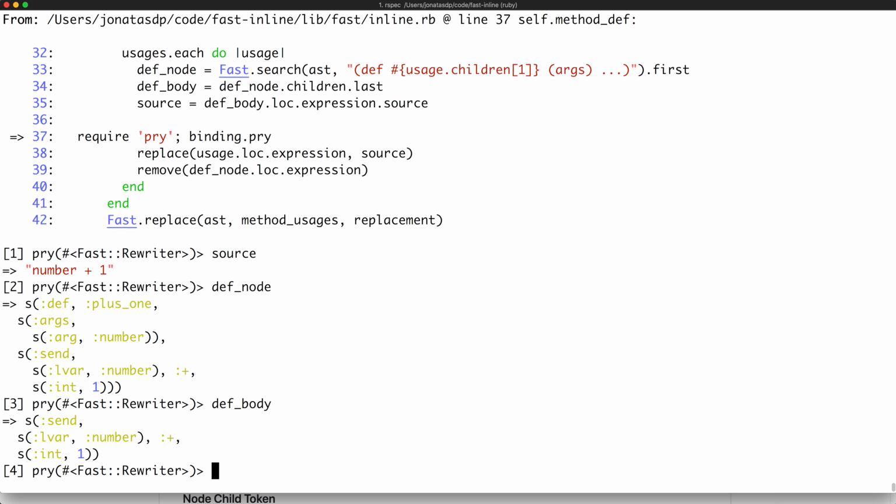So we need to get def node arguments, that is argument number, and we need to capture it, and then we need to find the usage of this internally, and then we will need to replace it